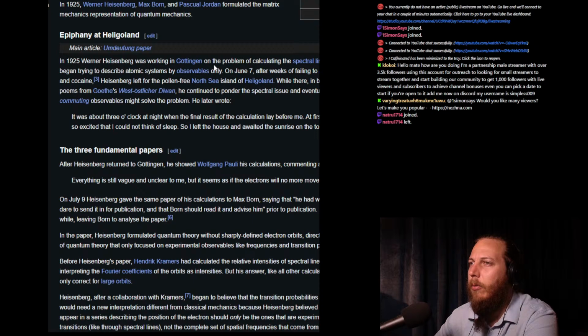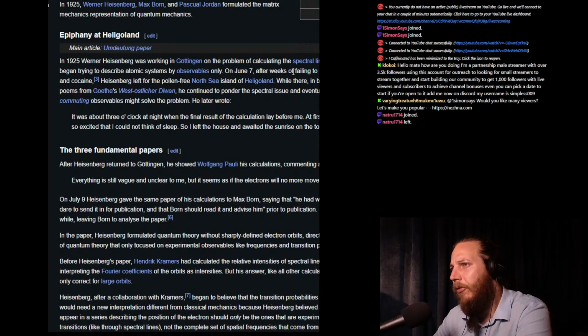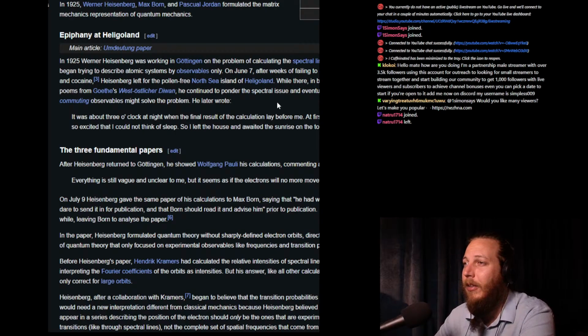In 1925, Werner Heisenberg was working on the problem of calculating the spectral lines of hydrogen. By May 1925, he began trying to describe atomic systems by observables only. On June 7th, after weeks of failing to alleviate his hay fever with aspirin and cocaine, damn, you'd think that would work, huh? Heisenberg left for the pollen-free North Sea island of Heligoland instead. While there, in between climbing and memorizing poems from Goethe,